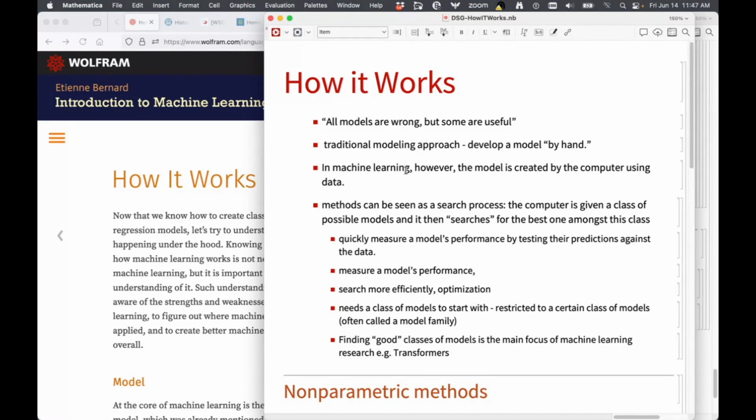Now, does that mean you just pull a model out of thin air? Well, that's not quite true either. You kind of start with a model family. So the training process is really a search process where you have this model family in mind, and then given the data, the computer is actually searching through a class of possible models and finds the one that's best among this data. The reason machine learning is so popular is because we have the computer performing this search,